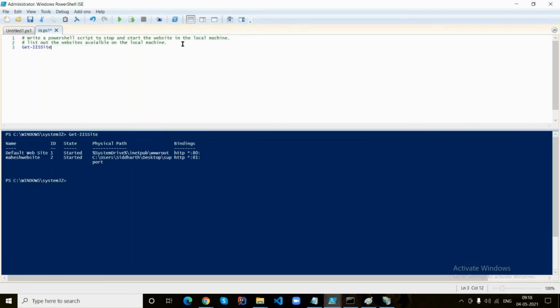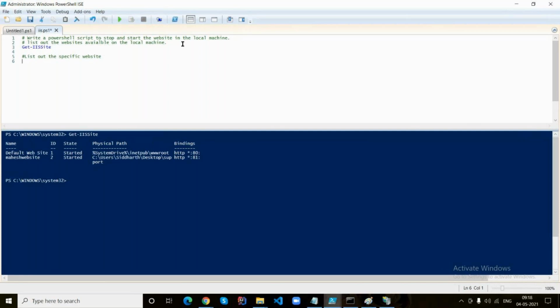Okay, next. Take a two line gap, please, and then make a commented line, please. Like: list out the specific website. Yeah. Next line.